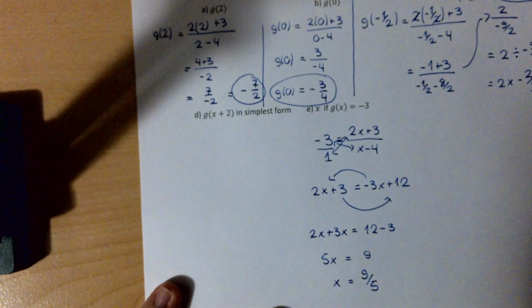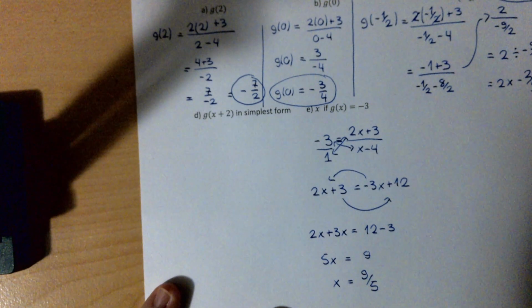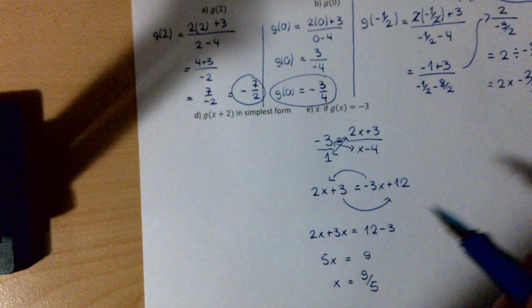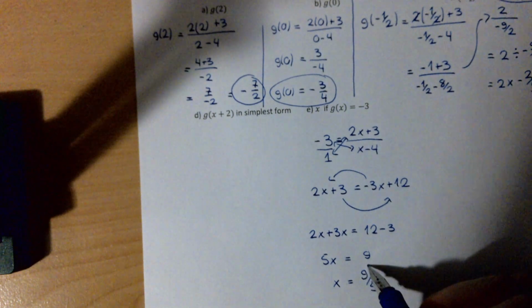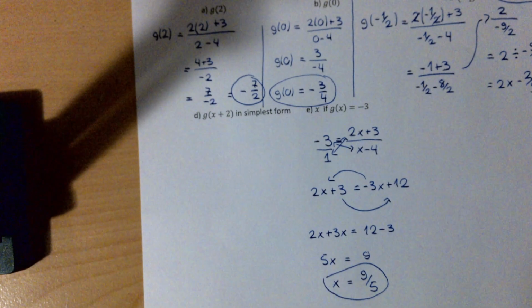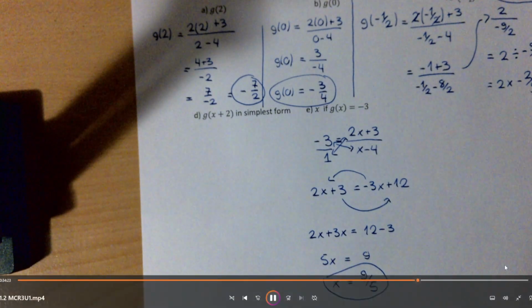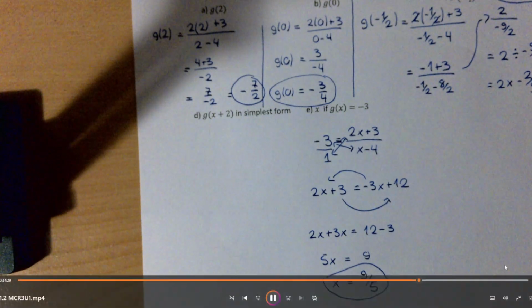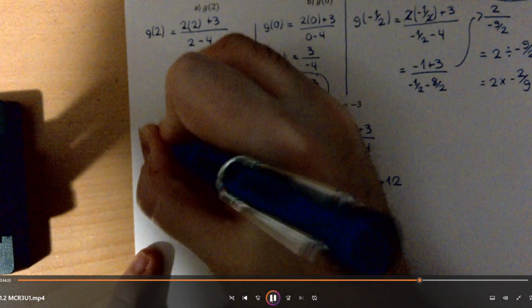I'm just double checking to see if I made a calculation error here, because I was hoping this would be a plus 3, and then it would work out to be a nice number, but I don't think that's the case. So x will be 9 over 5 in order for g of x to be minus 3. Okay, so again, pause this question. Don't worry, we will do this